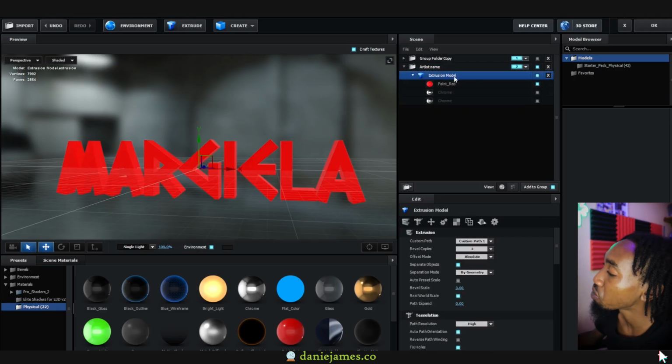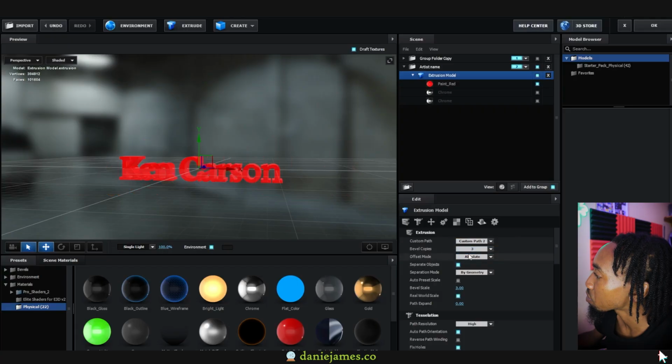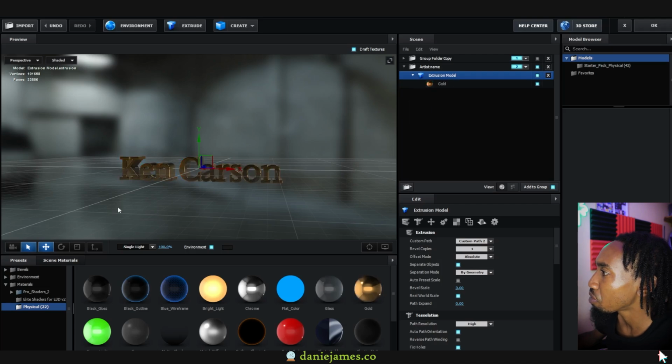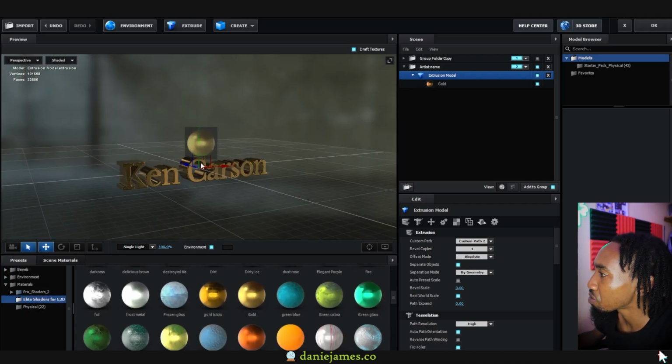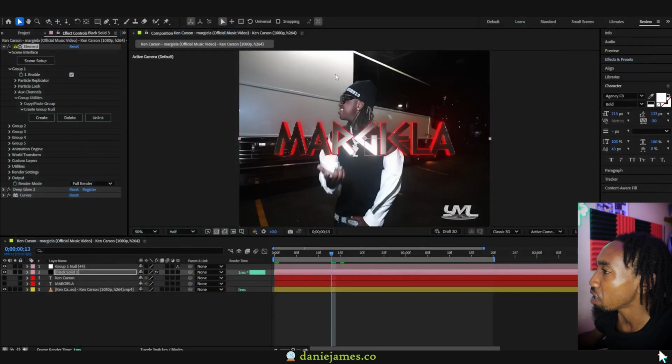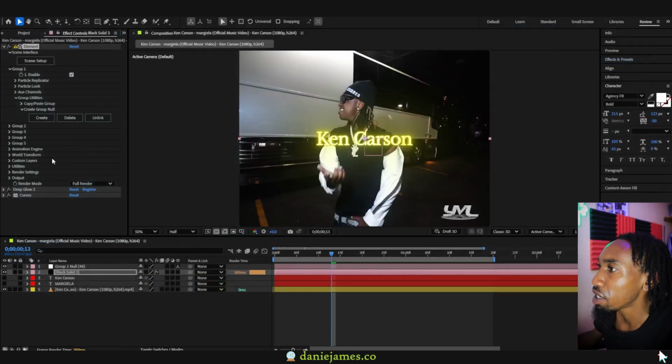We also need to tell it where to extract the text from. So custom path should come from custom path 2. Bevel copies, we just need 1 bevel copy. I think I'll just put a gold text on it. Or I could go to Elite Shaders, add this gold. Elite Shaders, just hit OK. And then back here,